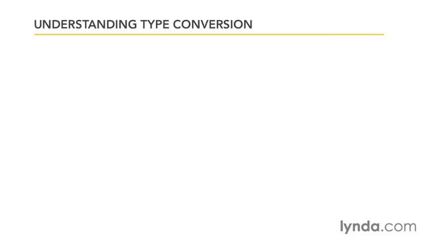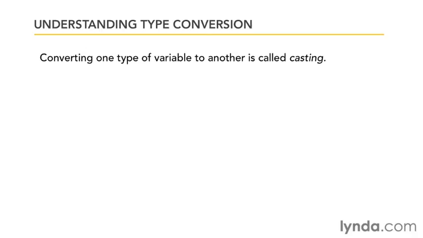There's one more important concept that we have to understand in working with C#, and that is understanding type conversion. And if you've come from a language like C or C++ or Java, you've seen this before. Converting one type of variable to another is called casting. And this is the kind of thing that pops up in languages that require you to give types to your